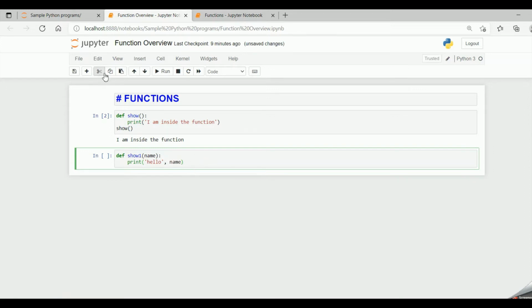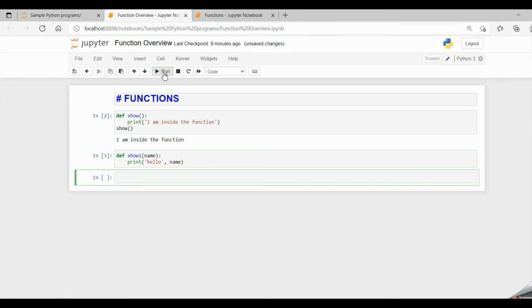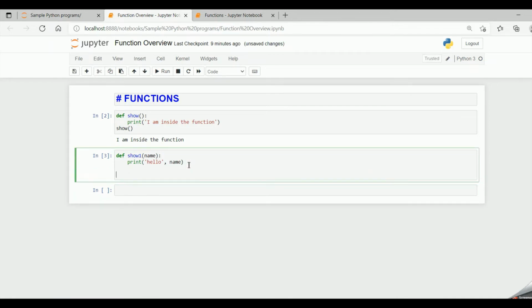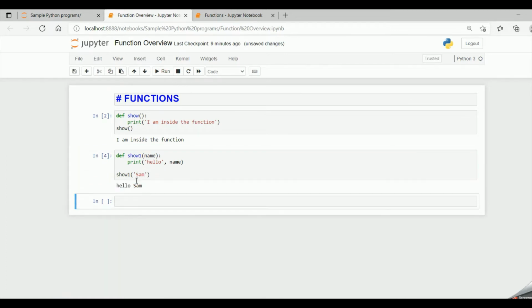Now when I run this, it does not get executed. I have to call the function. So for that I have to specify show1, and I'll pass one parameter because it is accepting one argument. So let me pass Sam. Now if I run it, it gives the output hello, and instead of name, the value Sam is passed to the function definition.